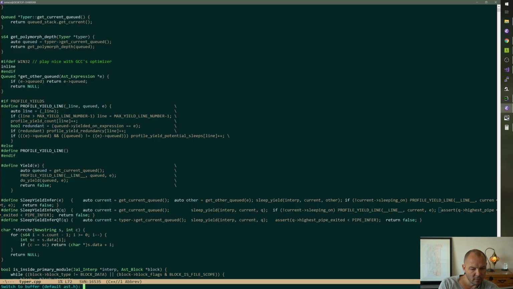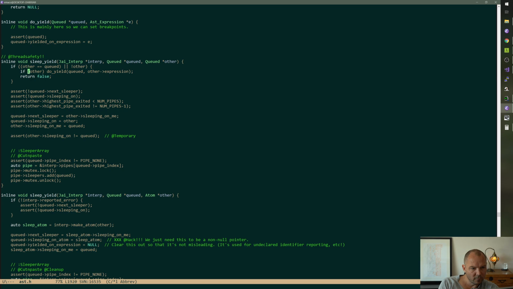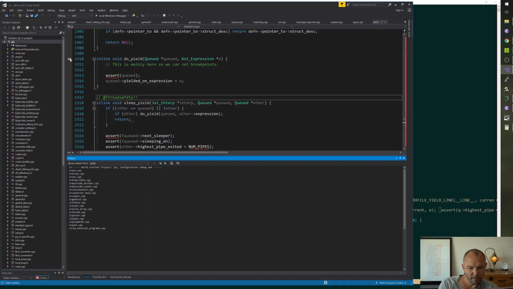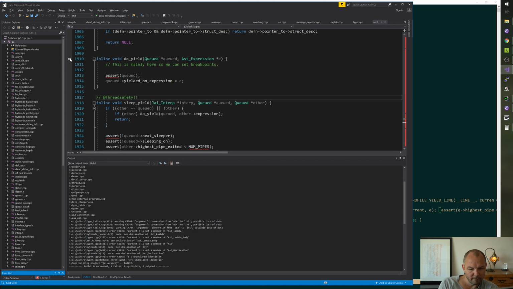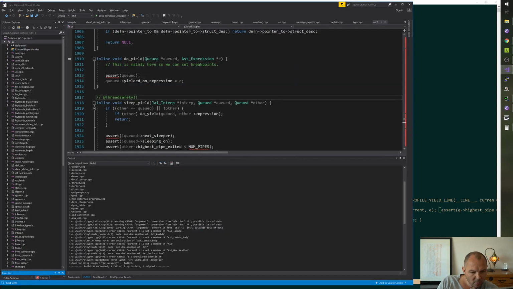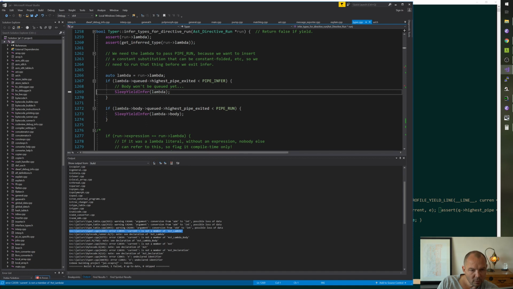Oops. Okay, so wait, what? Current is not a member of Lambda? Current is get current queued. If current is... What?